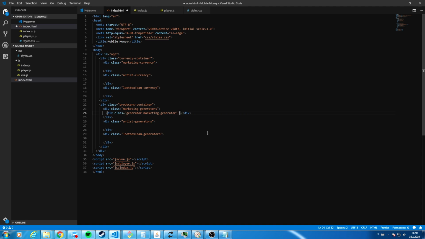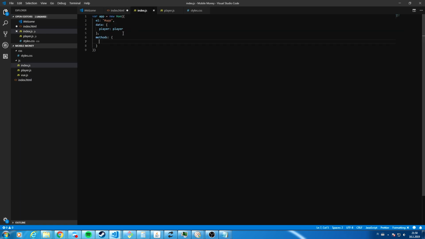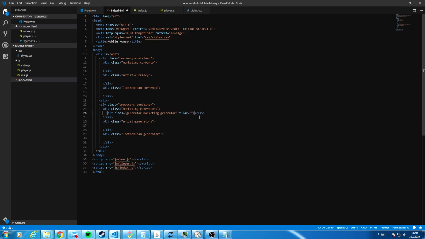And in here we can say v-for. So this basically loops an array in the data here. Because we have player here, it will be, let's say, for marketing in player marketing. So for each instance in the player marketing array here,